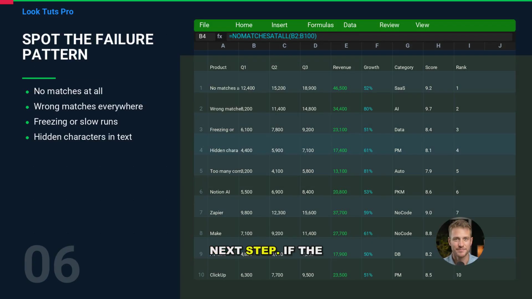Next step. If the add-in loads but behaves strangely, the next step is to identify the failure pattern. One pattern is no matches at all, even when you expect obvious matches. That's often caused by hidden characters, non-breaking spaces, line breaks, or extra punctuation. Another pattern is too many wrong matches, where it pairs unrelated names. That's usually because your matching column is too short or too generic, like matching only on first name or matching